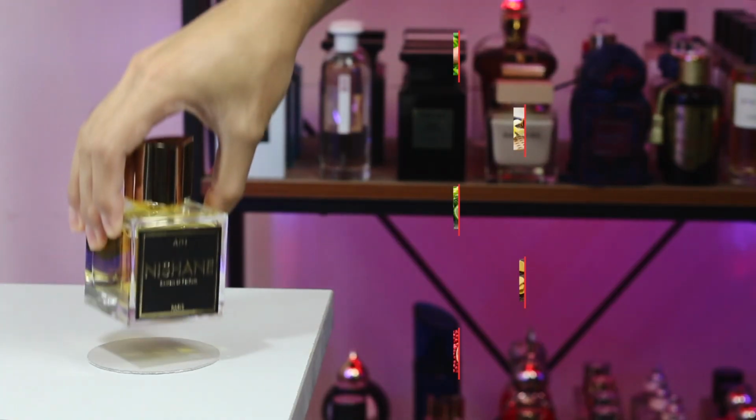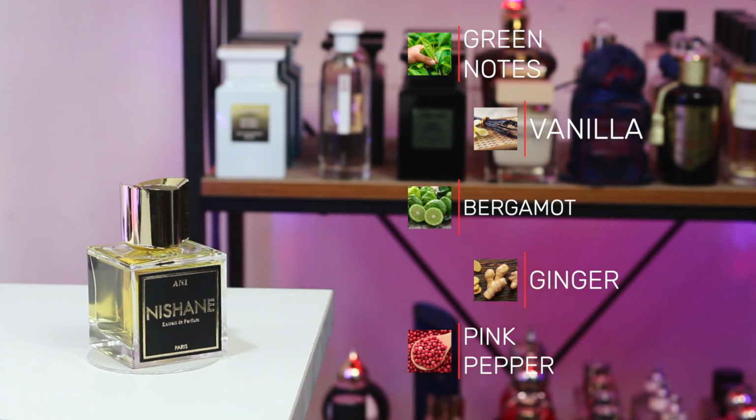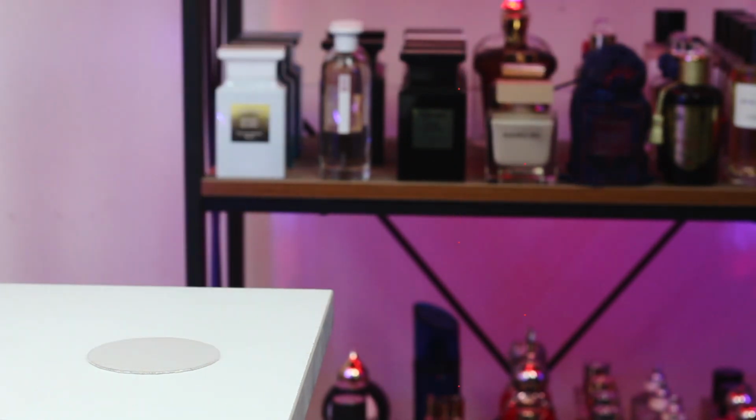Sitting high at the number 1 spot, we have a perfume from the house of Nishane, and this is Ani. This perfume has keynotes of vanilla, green notes, bergamot, ginger, and pink pepper. The first time that I wore this perfume, from all the things that I had heard about it, I sprayed 2 to 3 sprays only, and that was enough for me to understand why people love this perfume, why people hate this perfume, but most importantly, it was enough for me to fall in love